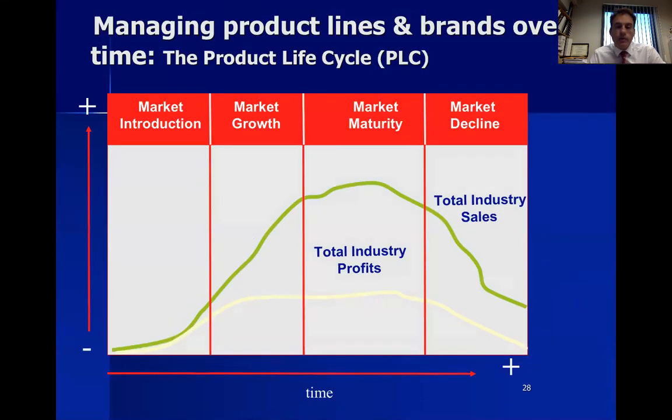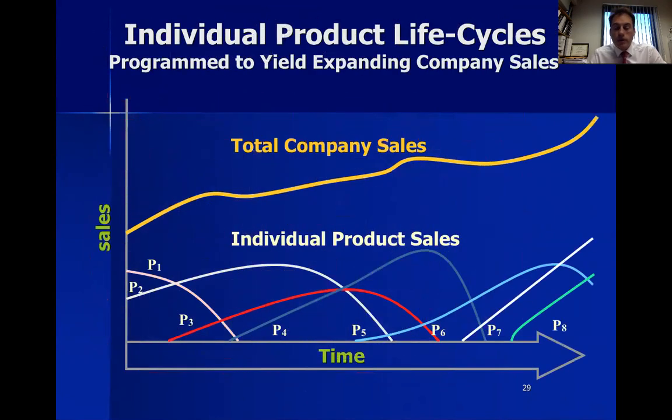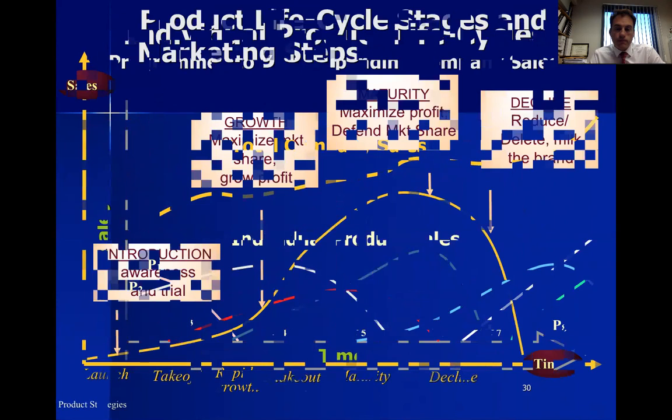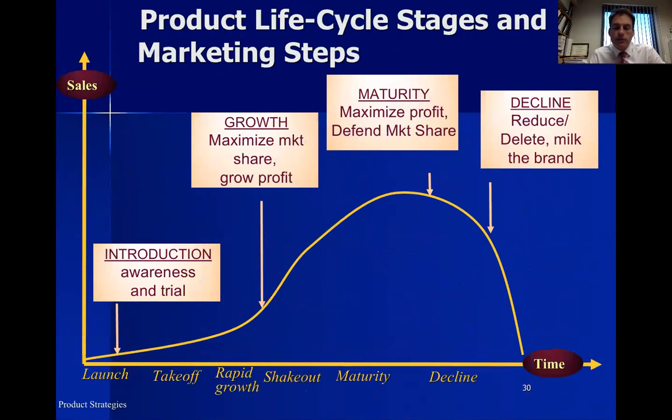So the life cycle of products is the market introduction, the growth, the maturity, and the decline. These 4 stages are important to recognize, because you want to stage the different introduction of products. You don't want too many new products, or too many old products. You want to eventually keep the company's sales going up by having a good balance between new, mature, and older products. The idea is there are different strategies for each one of those stages.